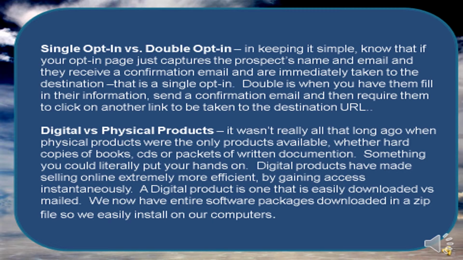But most products nowadays, even if they're a large product like OptimizePress, which was one I purchased a little while back, and it was just a huge file, what they'll do in that case is allow you to download it in what they call a zip file, and that zip file might contain over 1,000 documents or files that make the package run. So in that case, we'd have to unzip it once we install it on our computers.